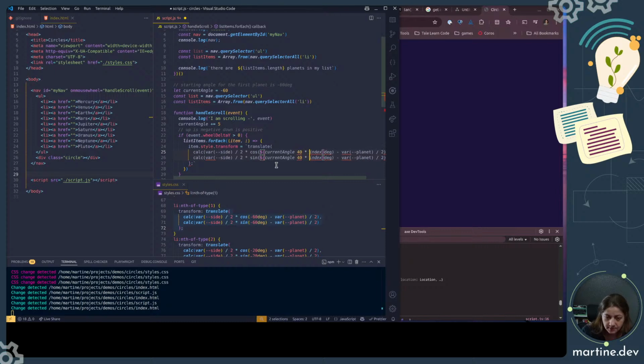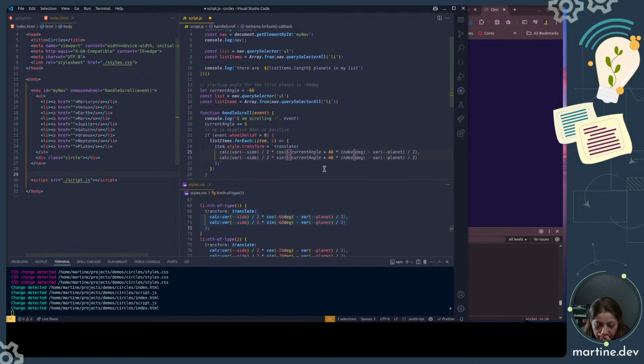That's what it is. Right. Because that's your starting point and we're rotating 40 every time. That makes it work with the negative. Cool. And the rest can stay. Times the index, which is actually